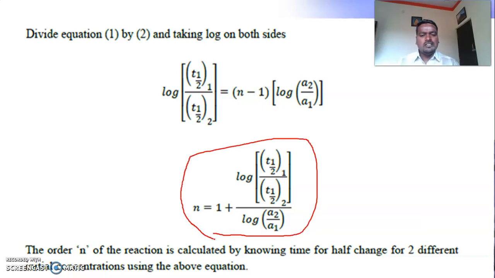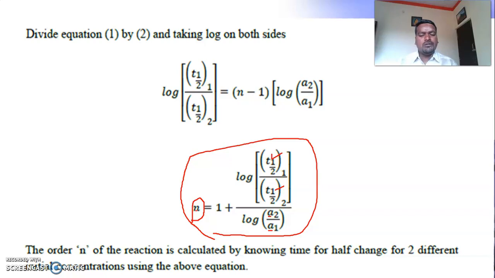Dear students, this derivation does not involve difficult mathematical operations. Very simple operations are there, and please do it step by step, because simple logarithmic rules and basic mathematical transformations are enough to derive this expression. When we come to the chemistry part, the only thing to focus on in the whole derivation is that we are determining the order of a reaction just by measuring the half-life at two different initial concentrations.